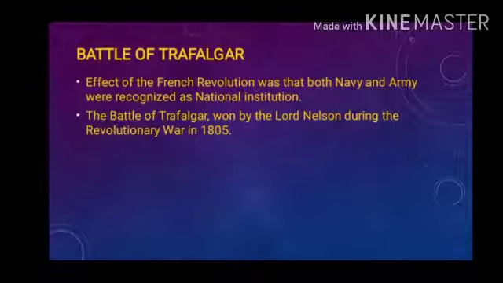Another effect of the French Revolution was that both the navy and army were recognized as national institutions. The Battle of Trafalgar, won by Lord Nelson during the Revolutionary War, highlighted the greatness of the English navy. The victory was commemorated by renaming a part of land as Trafalgar Square, where the statue of Nelson stands on